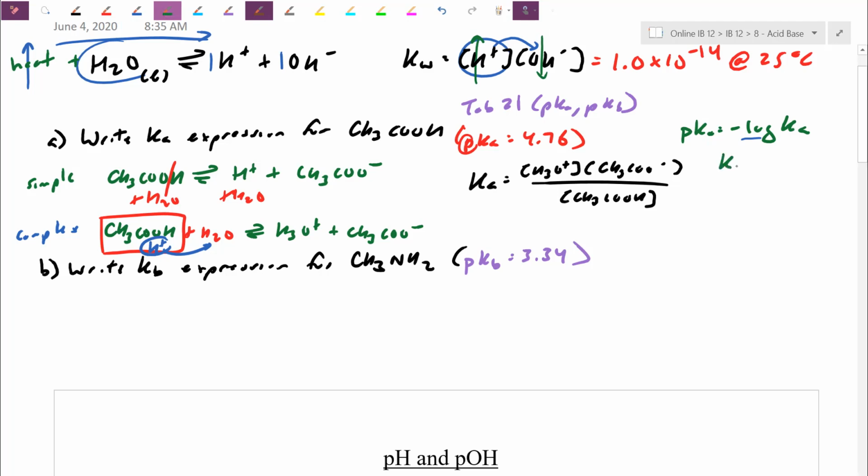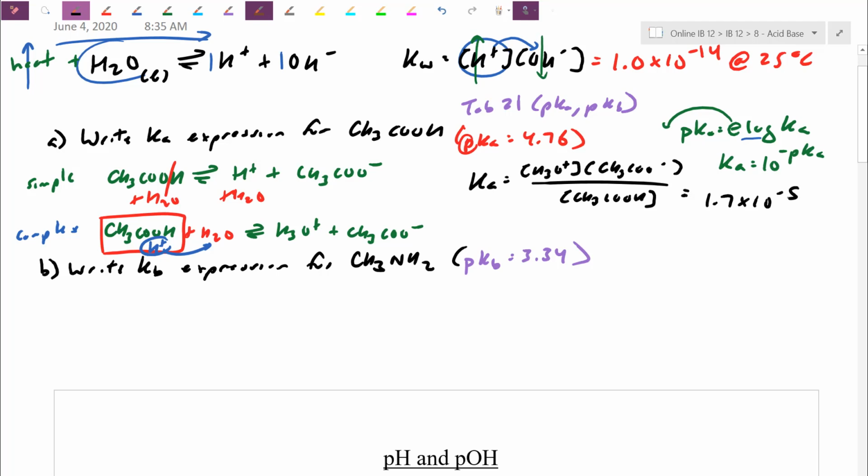How can we get just the Ka? How do we know the actual number? What you want to do is go anti-log of negative pKa. I need to bring the negative over, and I need an anti-log to get rid of the log. So the exponent is the inverse of a log. So you go to shift log. Anti-log of negative, in this case 4.76, gives me my Ka constant. We have the expression for it, but this number for our current acid is 1.7 times 10 to